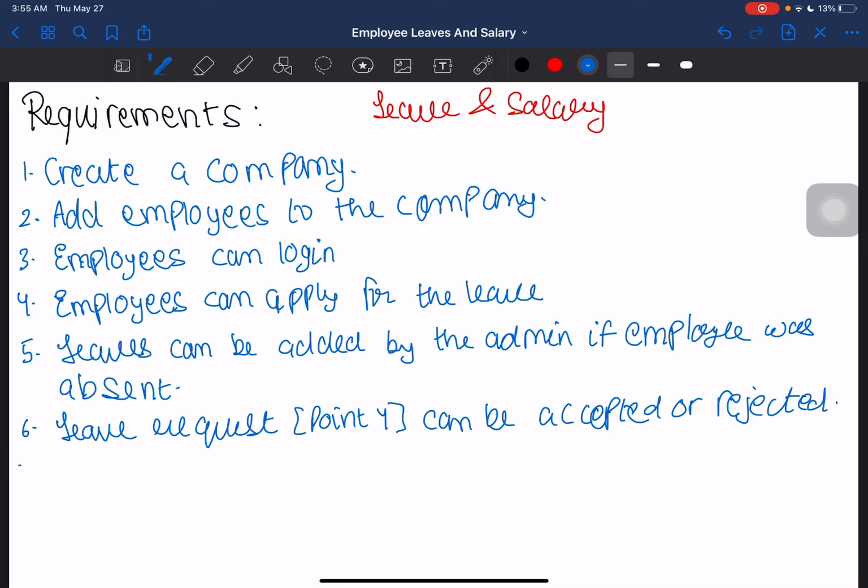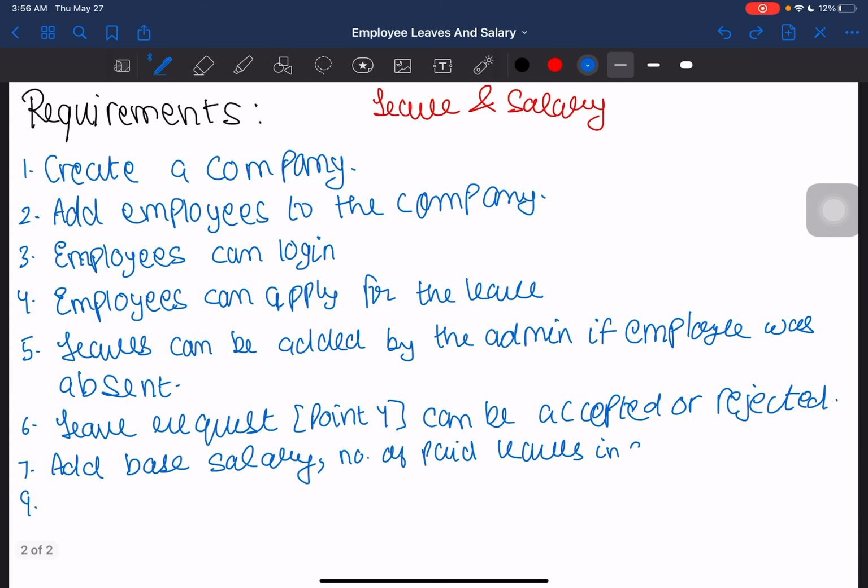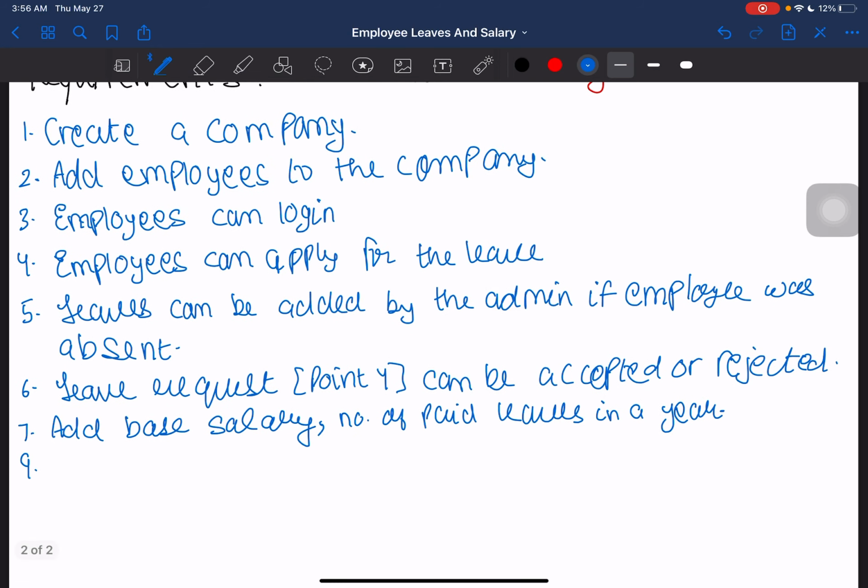So we're going to add base salary and number of paid leaves in a year,